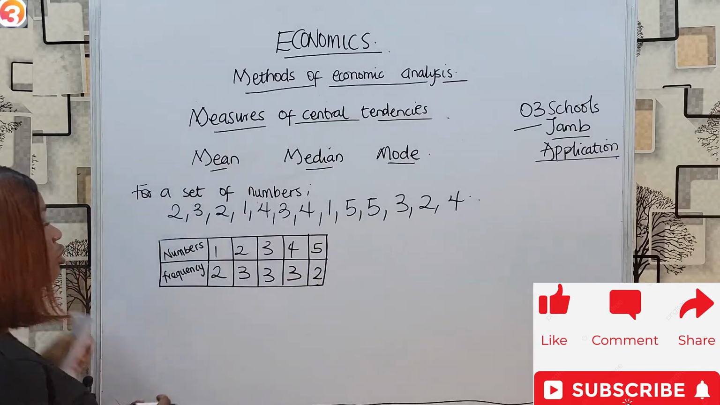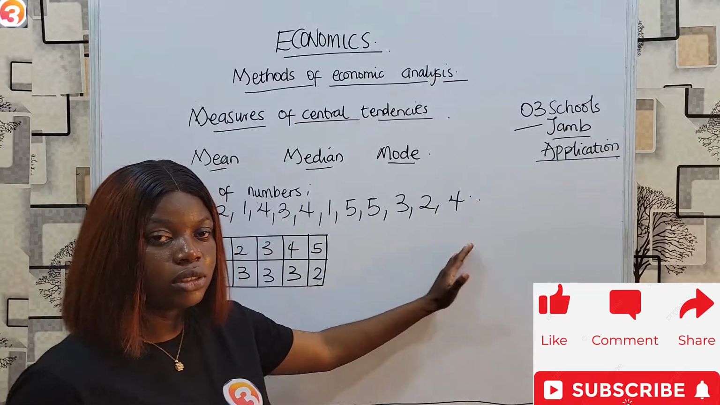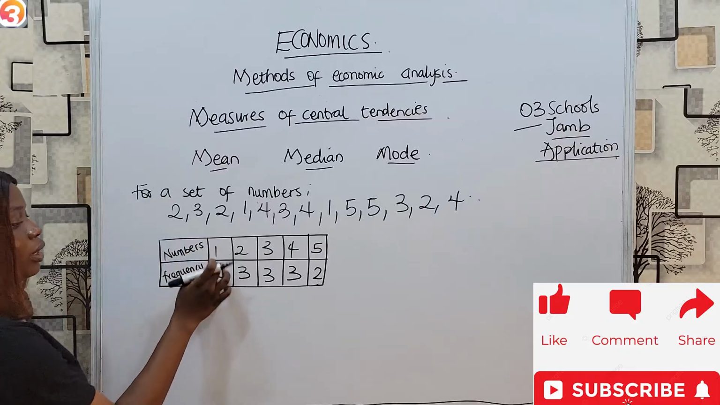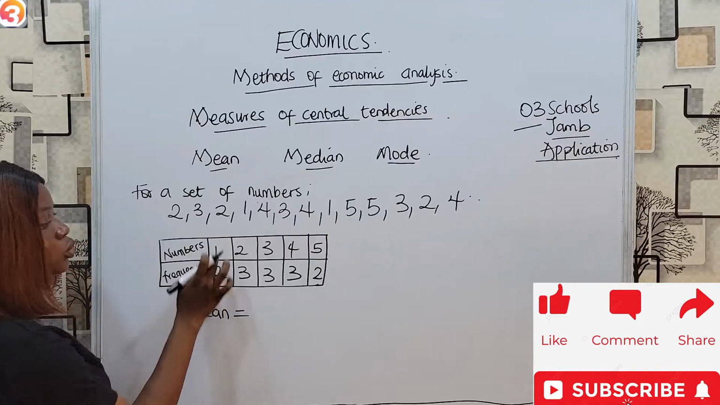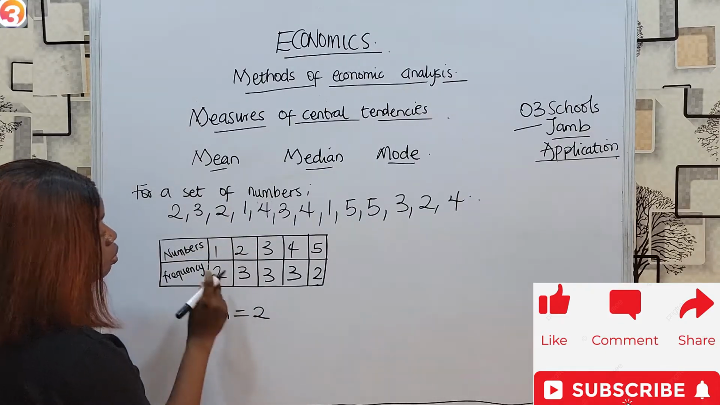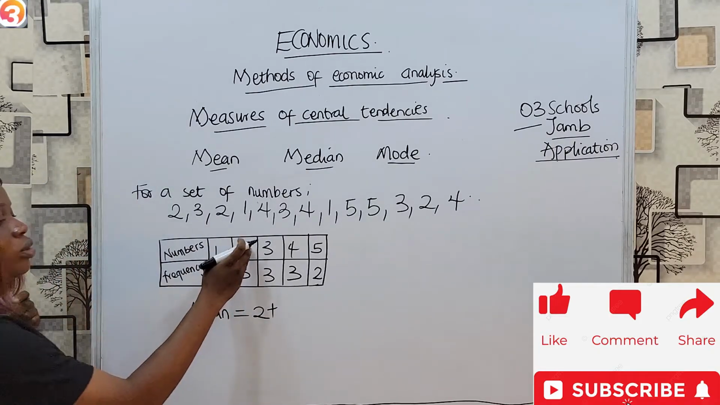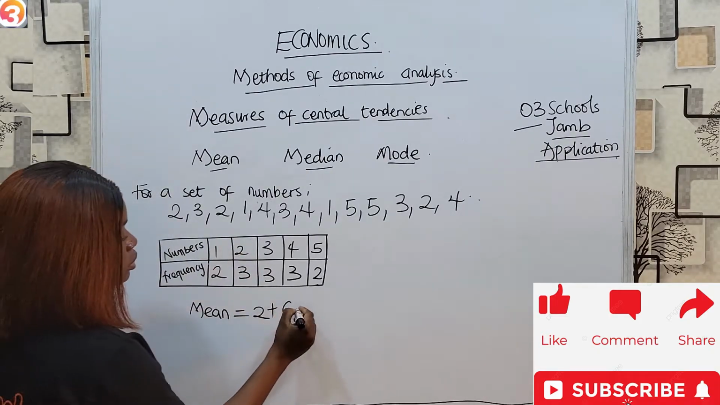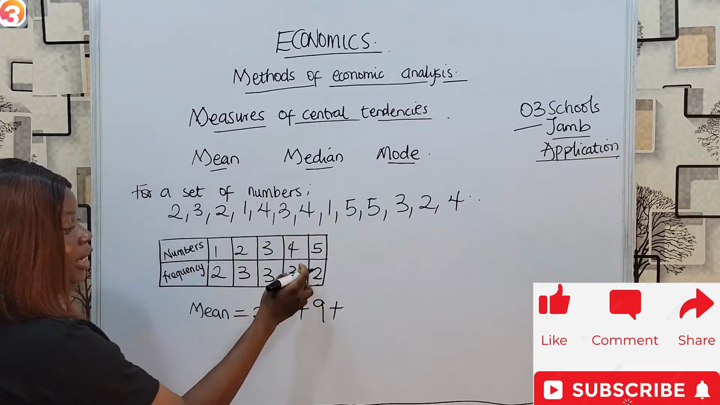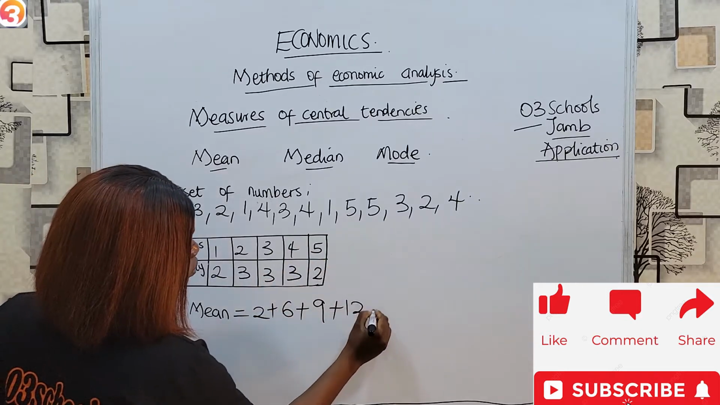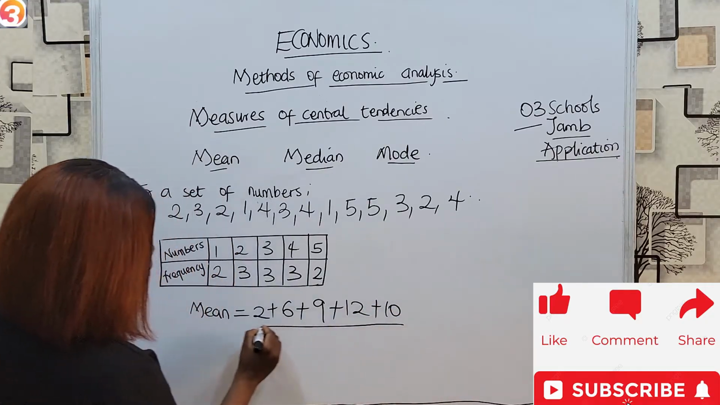Now, in looking for the mean here, when they give you only the frequency table, you don't necessarily have to spell out the numbers. The first thing you do: how many times does 1 appear? 1 appears twice. So we're looking at the mean. 2 times 1 is 2. Plus 2 appears 3 times. 3 times 2 is 6. 3 appears 3 times. 3 times 3 is 9. 4 appears 3 times. 4 times 3 is 12. And 5 appears 2 times. 5 times 2 is 10. All over